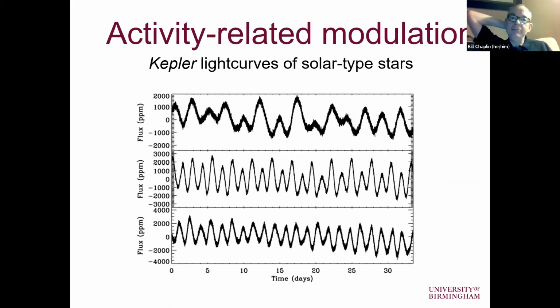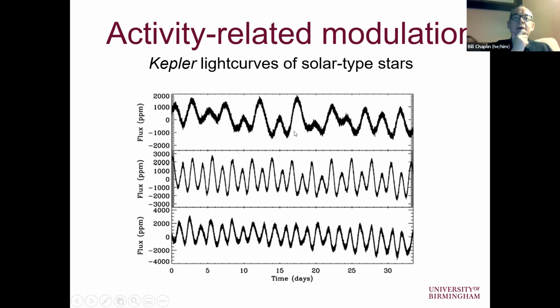So how we're getting that is essentially it's activity-related modulation that we get because of the rotation of the star. So if we are observing the star essentially equator on, so the rotation axis is in the plane of the sky or close to it, features due to activity, so spots, for example, which appear dark because convection is inhibited in those regions, sweep on and off the disk, and of course that happens modulo the period of the surface rotation period. We will see the brightness of the star modulated in a periodic way.